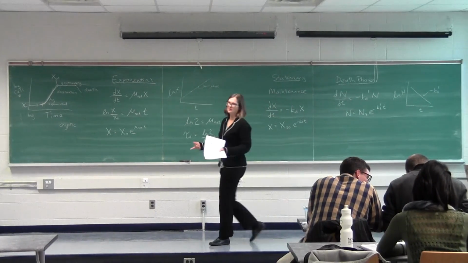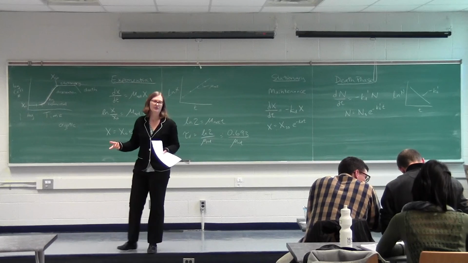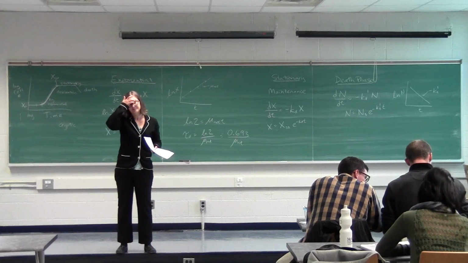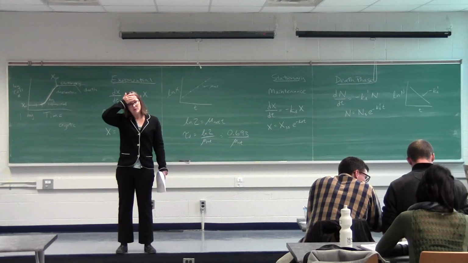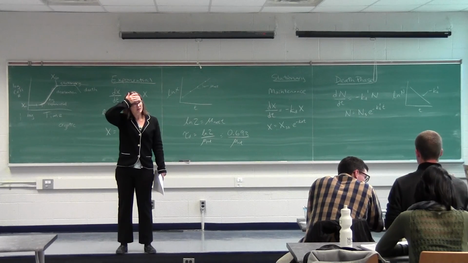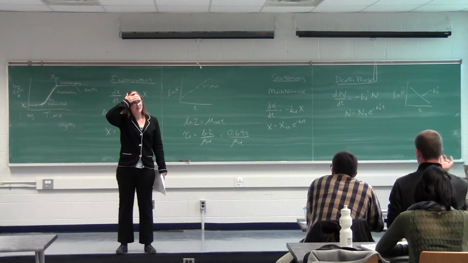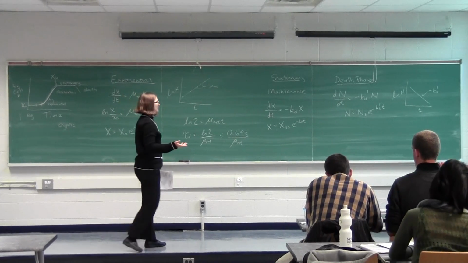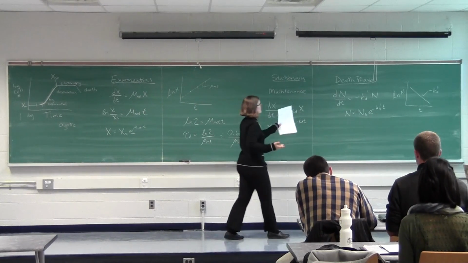It's kd prime because it's looking at cell number and the actual death rate as opposed to the maintenance rate. So those are our basic models. N is number of cells, X is concentration of cells. And the reason that we switched is because it looks like the concentration may affect